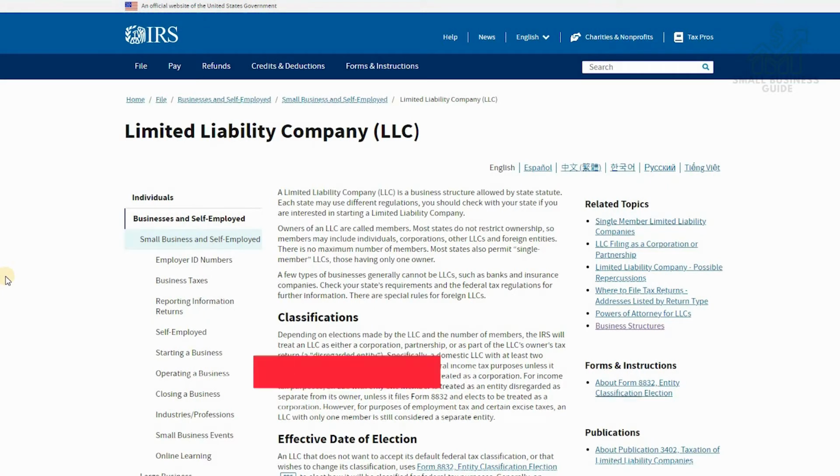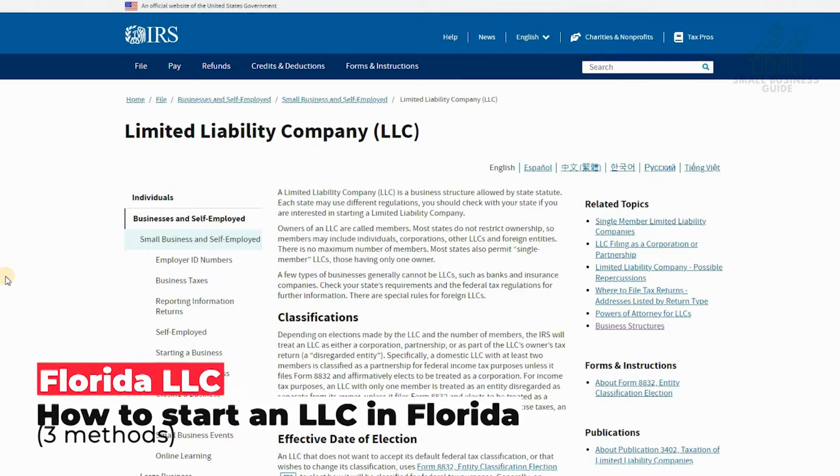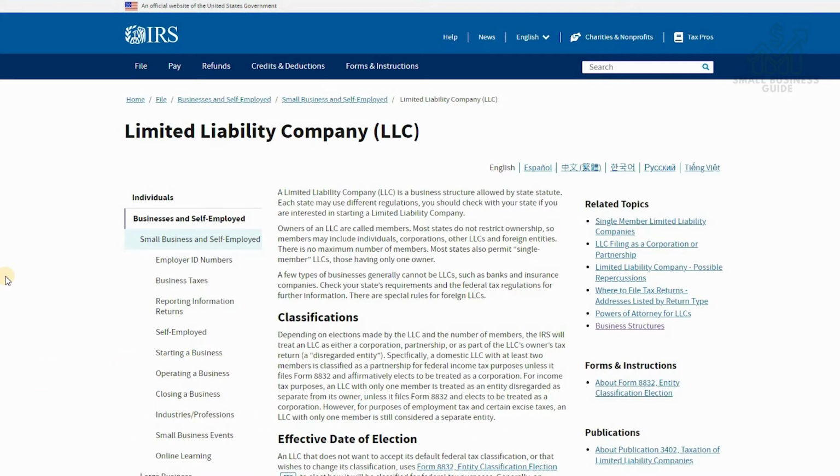Today I'm going to go in great detail and talk about how you can actually form a limited liability company in the state of Florida. The first thing you need to understand is what is a limited liability. An LLC is a business structure that is allowed by the state statute. Each state may differ in regulations, which you can check with the state if you're interested in starting a limited